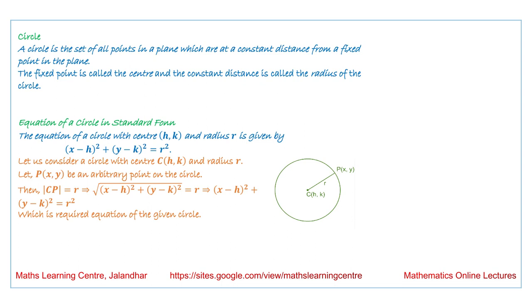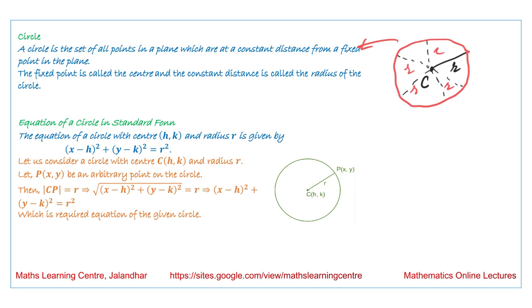First of all we look at the definition of a circle. We are saying the circle is a set of points in a plane which are at a constant distance from a fixed point. There is a fixed point C that is called the center, and there is a constant distance R, and we are talking about all the points in the plane which are at a distance R from C. The locus of all such points forms a circle. All these distances are equal to R. So this is the definition of a circle. It is the locus of a point, and this fixed point is called the center, and the constant distance is called the